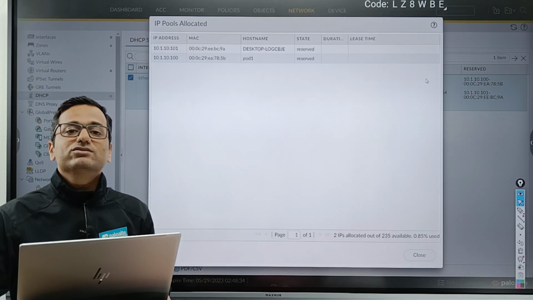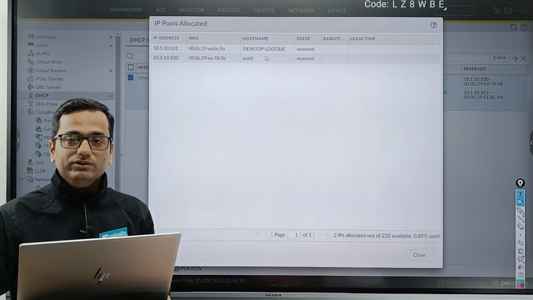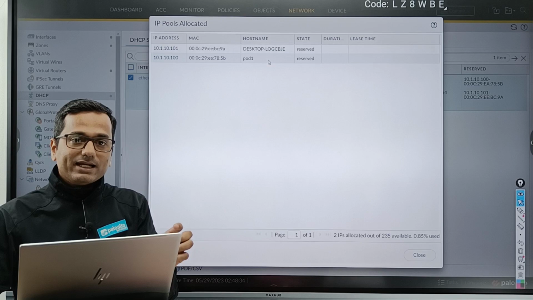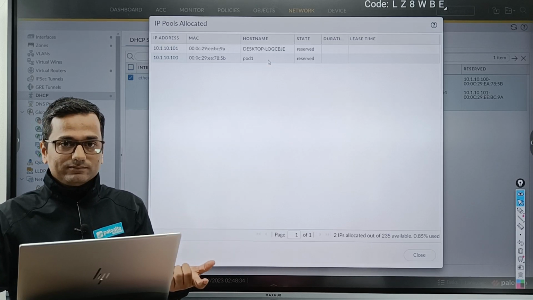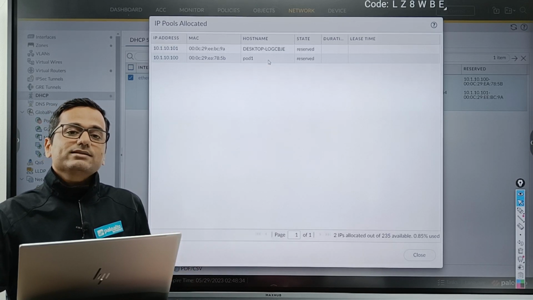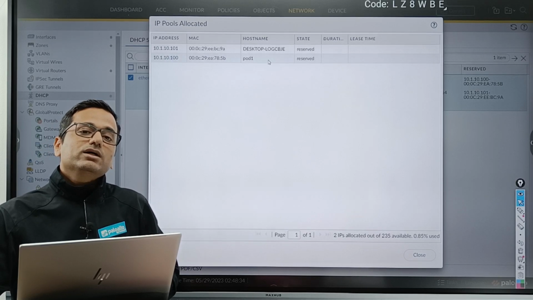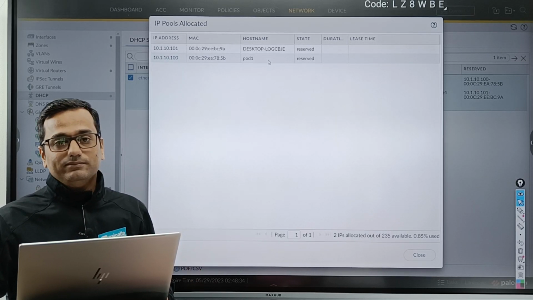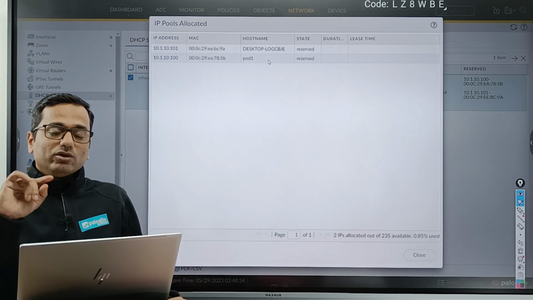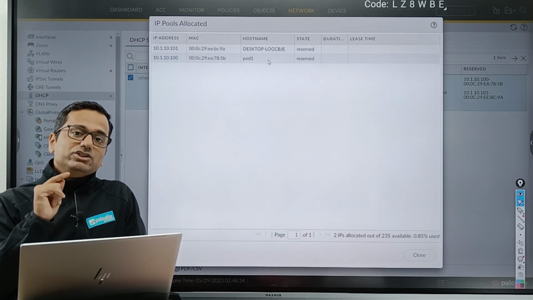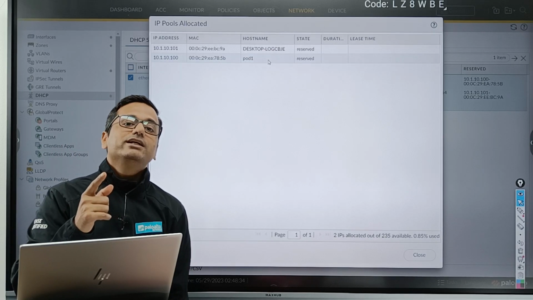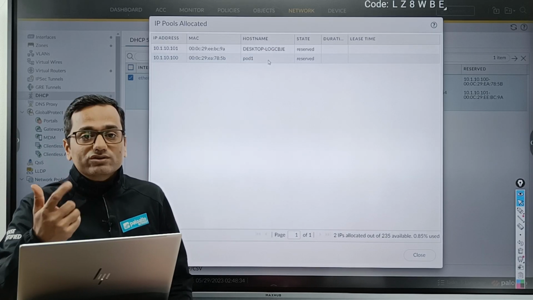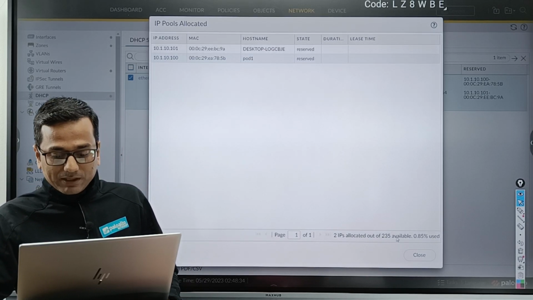Go to the firewall, view allocation, no changes. You got only the host name. What additional information do you get from the endpoint? Host name. Because the MAC and IP you already reserved. As soon as your server receives the discovery message from the endpoint, it captures the host name. Whenever your client initiates the discovery message to discover any DHCP server, it always sends its host name. Clear? Perfect.